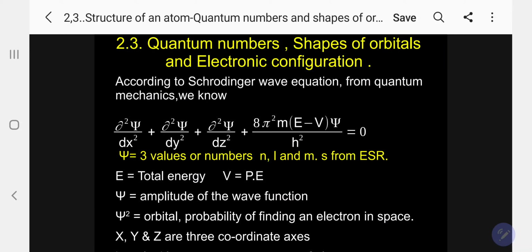Dear students, today I am going to discuss another subunit under structure of an atom, that is quantum numbers, shapes of orbitals and electronic configuration. According to Schrödinger wave equation,